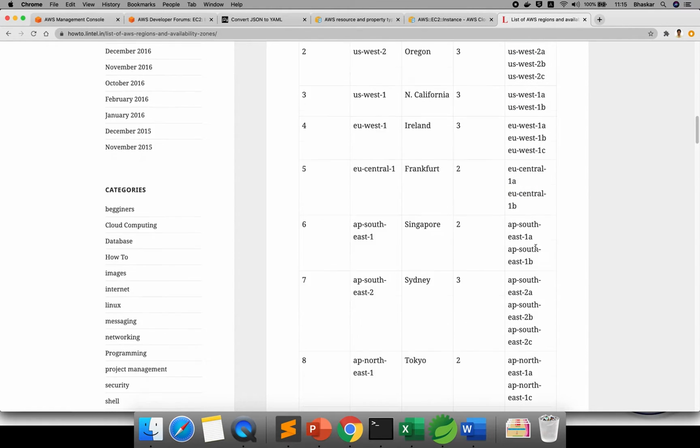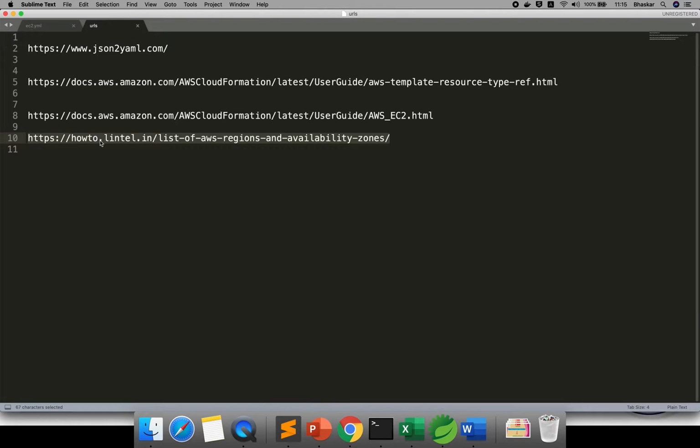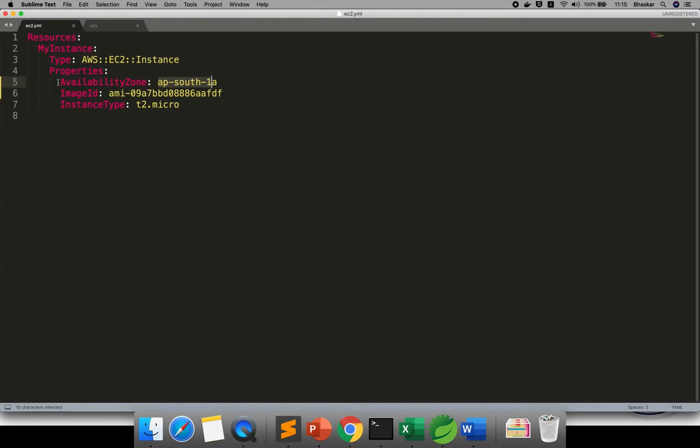If you want to create in the Mumbai region, ap-south-1, this is your region, with availability zone 1a or 1b. I hope you can fill in this availability zone. I hope you are clear up to now.